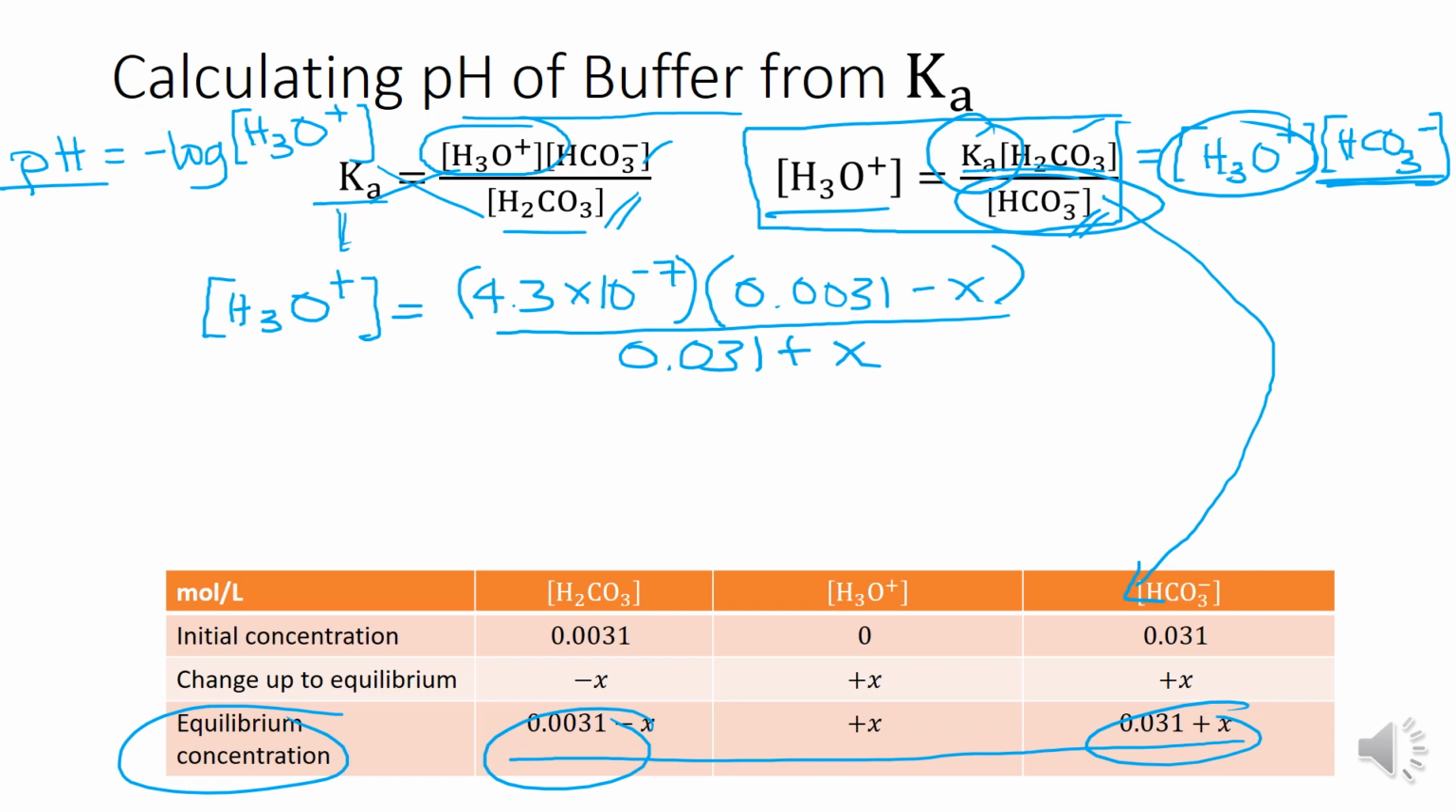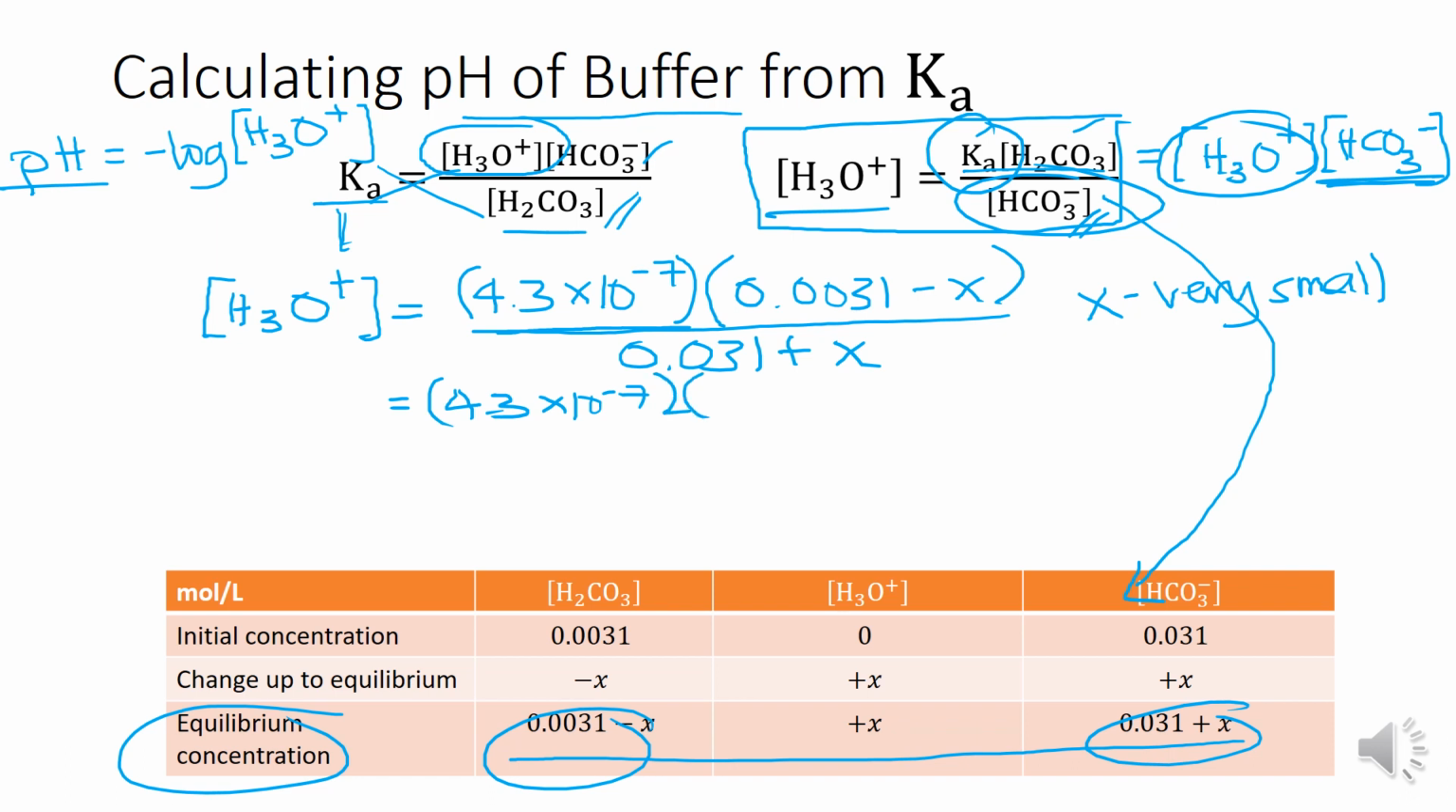Okay, now we have to make an assumption. Since the Ka, 4.3 times 10 to the negative 7, is a very small number, we can assume that x is also a very small value, such that we should be able to simplify this into 4.3 times 10 to the negative 7,